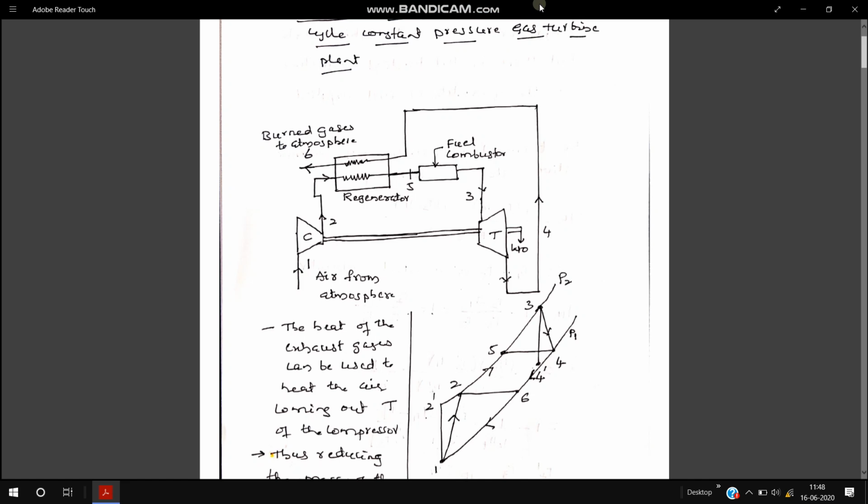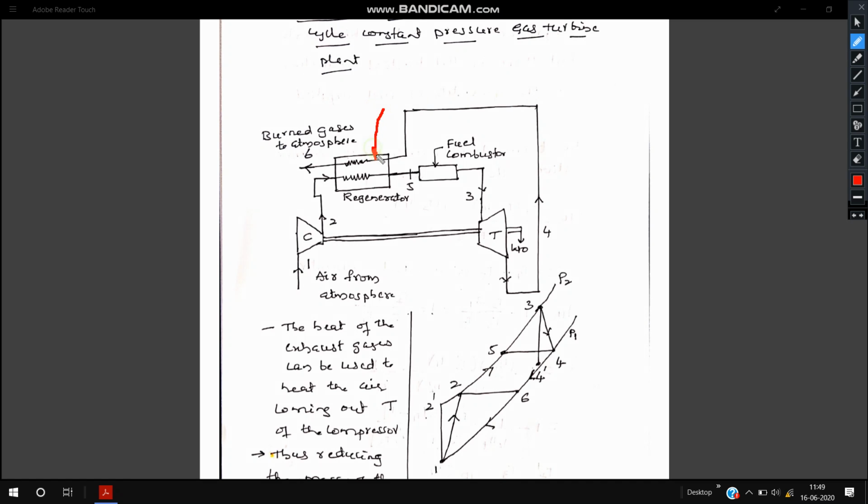Students, today we shall study about the methods of improving the performance or efficiency of a gas turbine power plant. One of the methods of improving the performance of a gas turbine power plant is the regenerative cycle using a regenerator. Here the hot gases from the gas turbine are used to heat the air coming from the compressor